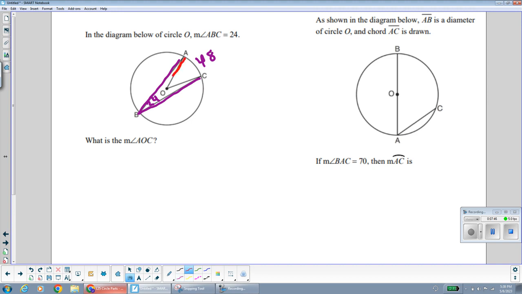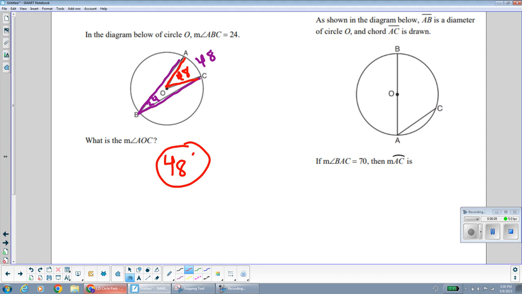And the angle that we're looking for, angle AOC, is a central angle. It's got its vertex on the center of the circle. So that means it would be equal to its intercepted arc because central angles are congruent to their intercepted arcs. Moving along over here, the next example,